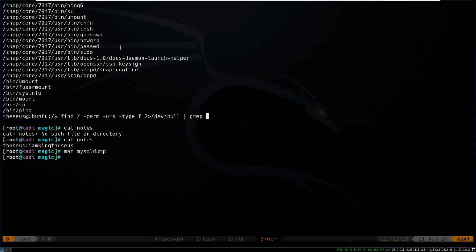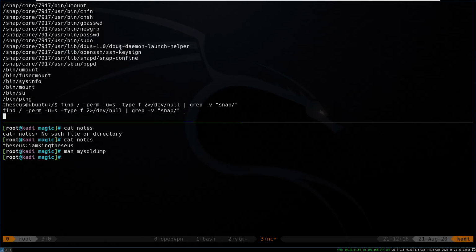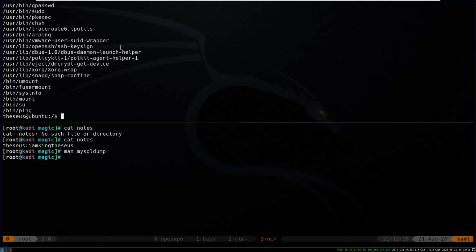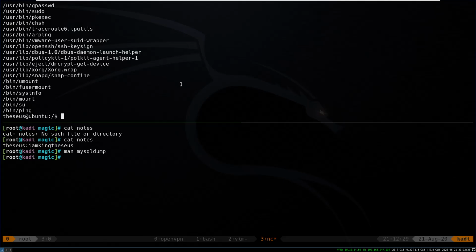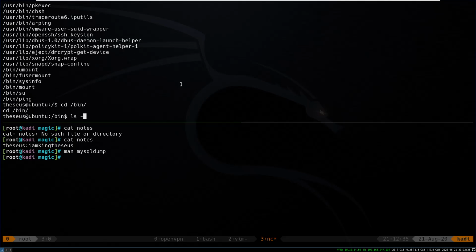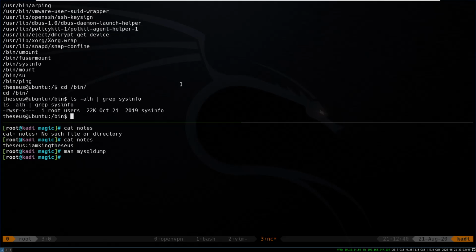So we'll just invert grep for snap because we don't want those. Okay, so now we have some better things to look at. Do we have anything that looks interesting that's not standard? We see bin sysinfo. So if I were to go look at bin and then look at sysinfo, it looks like it's run as root, executable by users, so we can just run sysinfo,